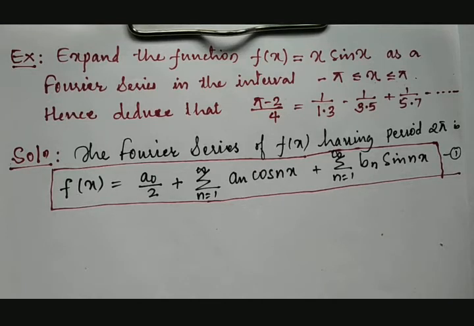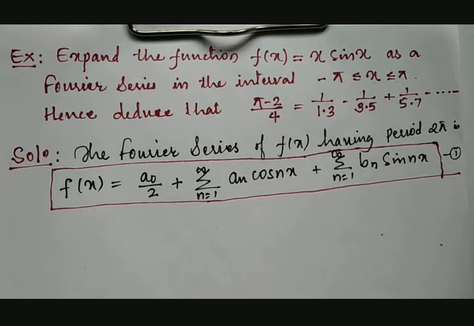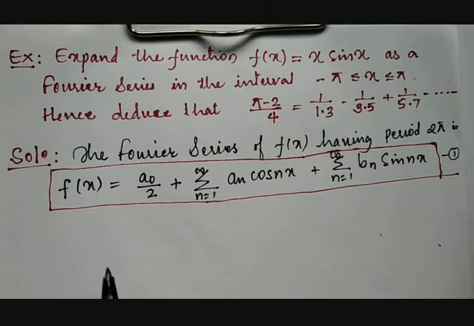To calculate the values of a0, an, bn, we have two ways. One, we can directly calculate these values and substitute them in this expression. Or, to make it a bit simpler, we can go through the nature of the given function, checking whether it is odd or even. If it is found to be either odd or even, then we can avail a benefit in the calculation and get quick results. So let us check the given function first.